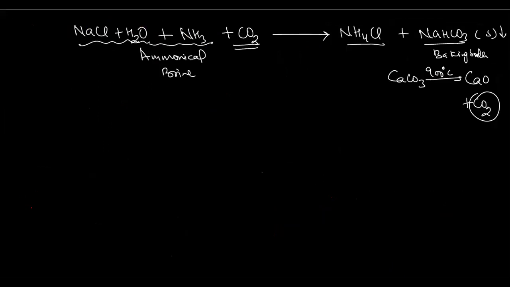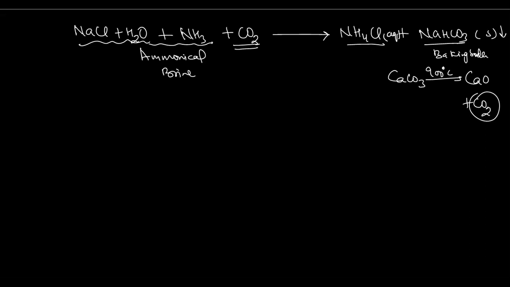So what we need to do here is, let me explain you again, beta. दोबारा समझो फिर से, जब आपका नेट चला गया था. We take the NaCl solution, NaCl and water, and we pass the ammonia gas to it. Together, NaCl, water and ammonia are called ammonical brine. NaCl and water alone are called only brine, not ammonical brine. When we pass ammonia to the brine, it becomes ammonical brine. When this ammonical brine is passed with CO2, obtained by heating the calcium carbonate, it will give you ammonium chloride, NH4Cl, which is aqueous. Aqueous means it is in soluble form, like a salt solution.